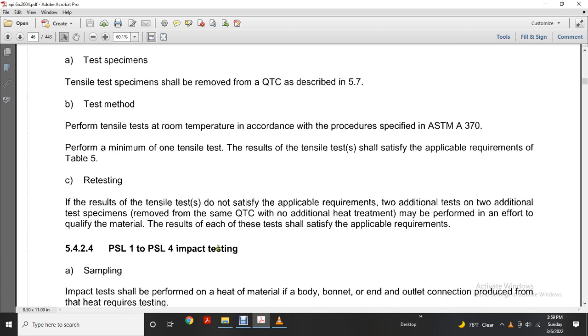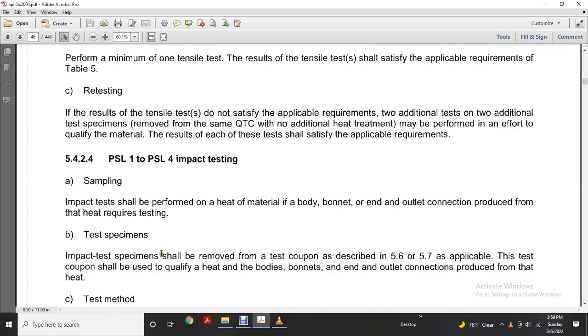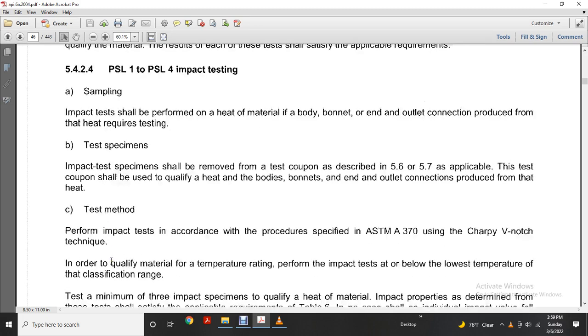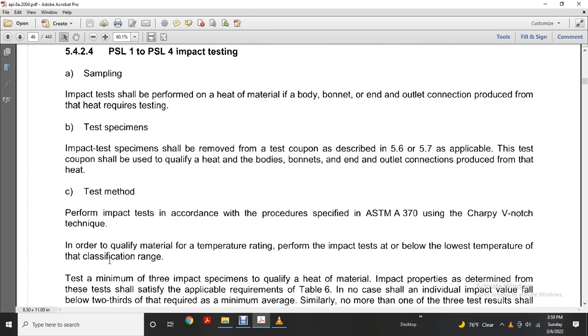Product specification level 1 to 4 impact testing. The impact test is performed after heat treating the body, bonnet, and outlet connection produced from the heat, as required for testing the test specimen. The impact test specimen should be removed from the test coupon described in 5.6 and 5.7. The test coupon should be used to qualify the heat of the body, bonnet, and outlet connection produced from that heat. Test method: perform impact test in accordance with the procedure of ASTM A370